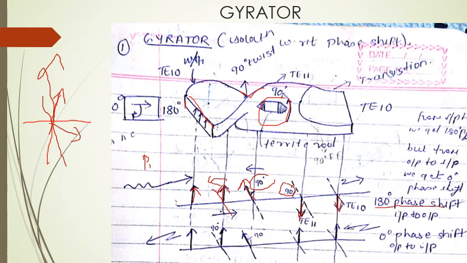Now let's observe the opposite direction. I'll use some other color. I think green will be better. Can you see it? Green color. A signal is propagating from P2, comes over here, nothing to stop it, so it's just moving, no resistive cards, nothing. What happens over here? This is a 90 degrees anti-clockwise twist, so it goes over here, because the ferrite rod will maintain the sense of rotation. So 90 degrees anti-clockwise, that's why it has gone downwards like this.